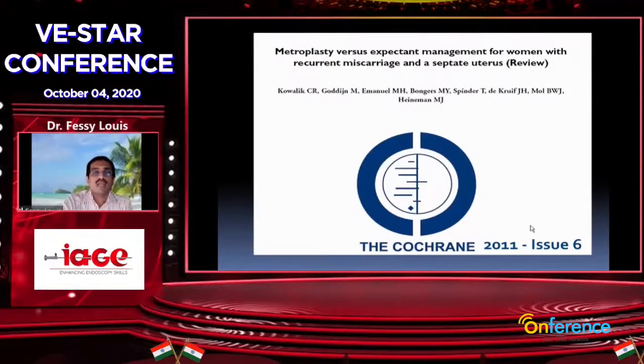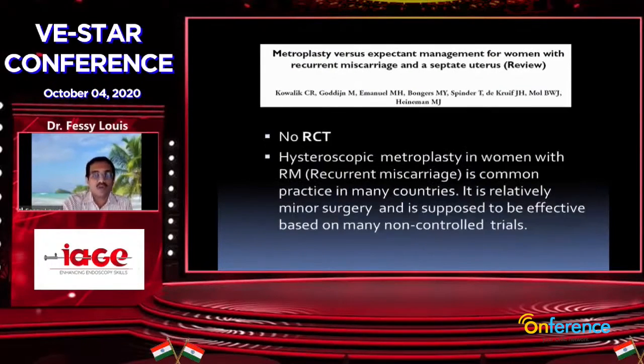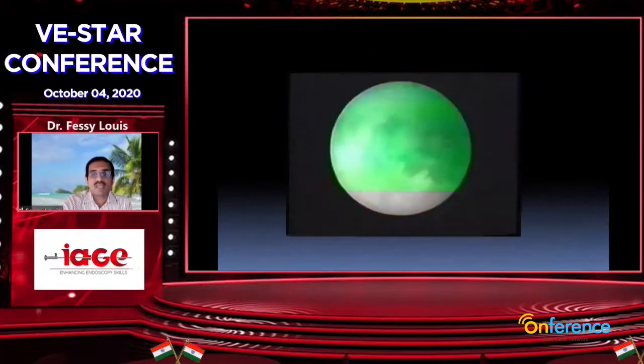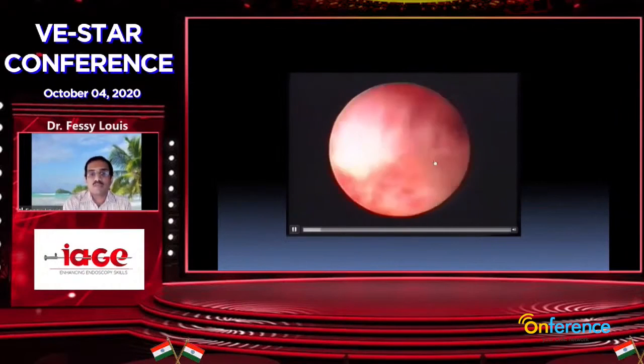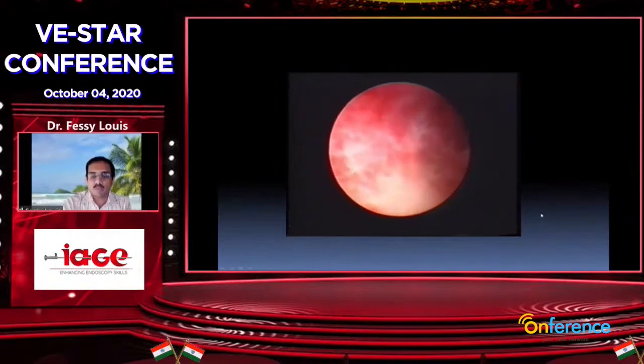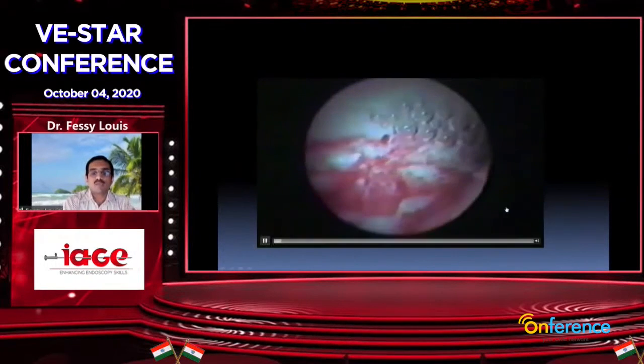are good. And Cochrane data tells there are no randomized controlled trials with that. But whenever you suspect a septum, we must make sure it is a septum only, and not either a Robert uterus, where the septum is totally fused, or whether it is unicornuate like this, by combining with the laparoscopy, or we have to make sure it is not a false track.